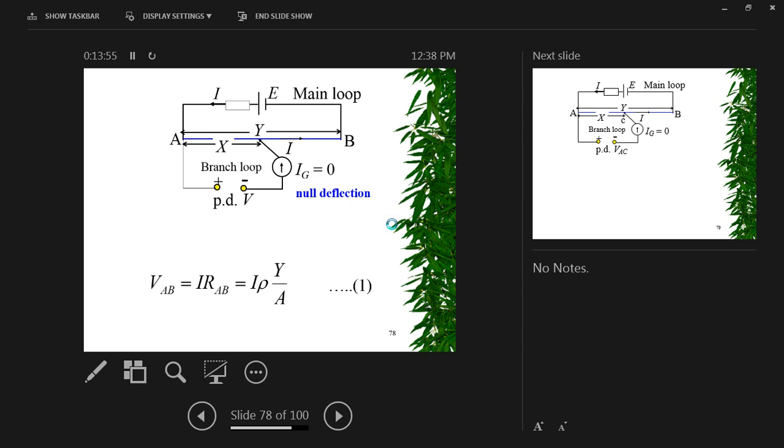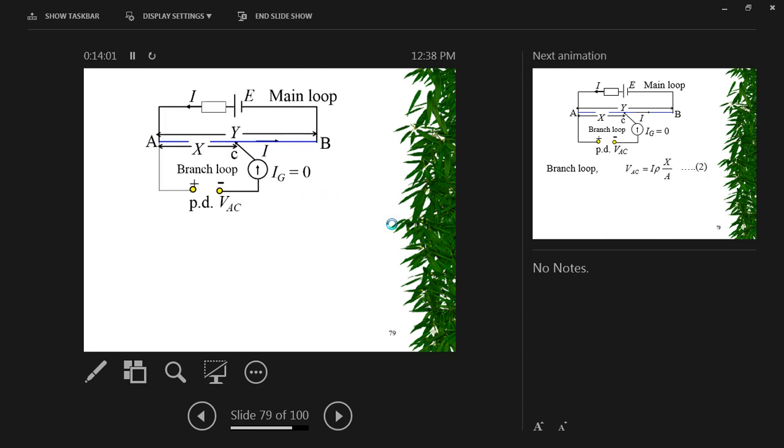So far so good? Are you all convinced? Okay, not too hard. Right, next step, I'm going to consider the portion of the resistance wire that makes up the balance length. Now, if the current in the galvanometer is 0, that means I've achieved the null deflection, no current goes through the branch loop at all, right? I can say that the current inside this section of the branch loop is 0, which means that any current that flows out of the battery will definitely go through the length x in the main loop. Which means to say, if I consider just the resistance of the portion of resistance wire x, I can write down